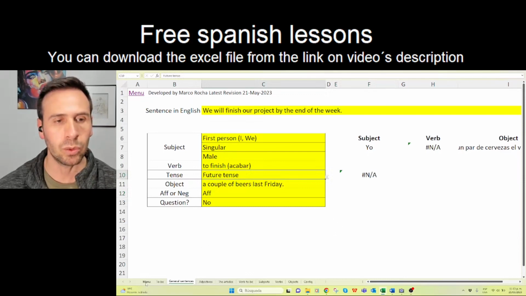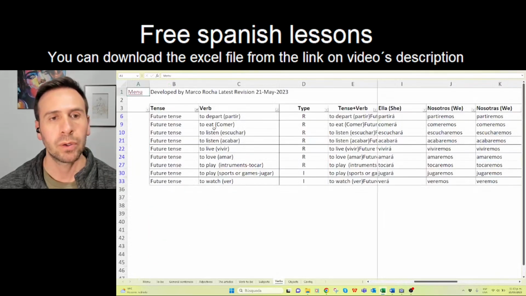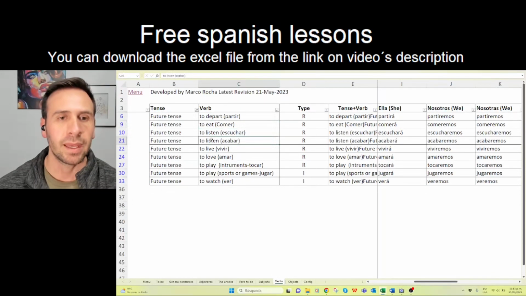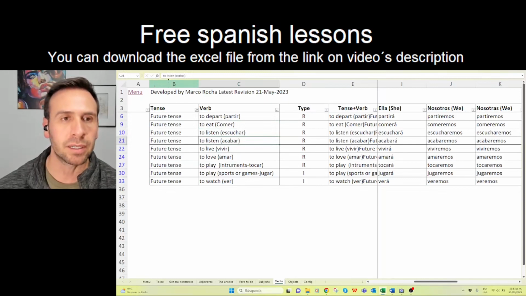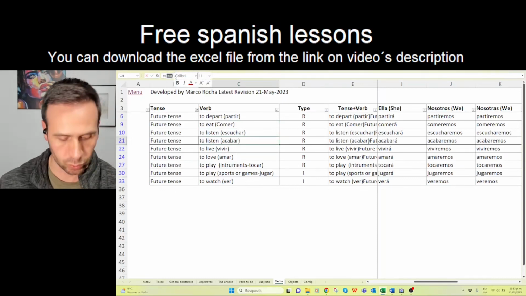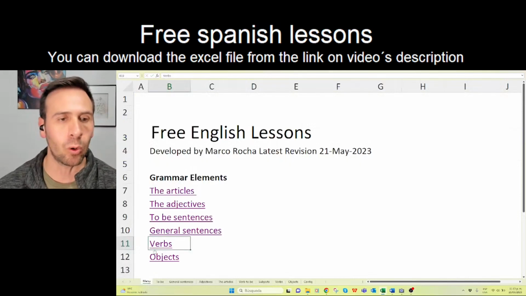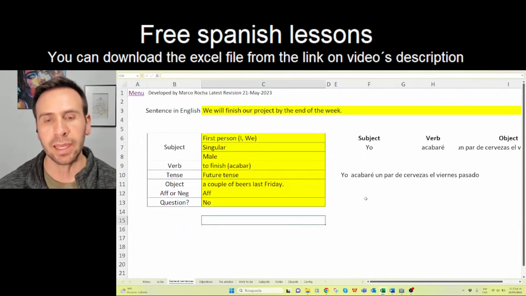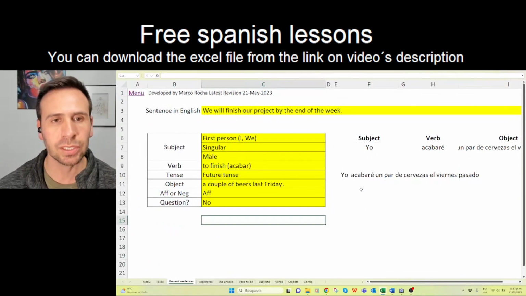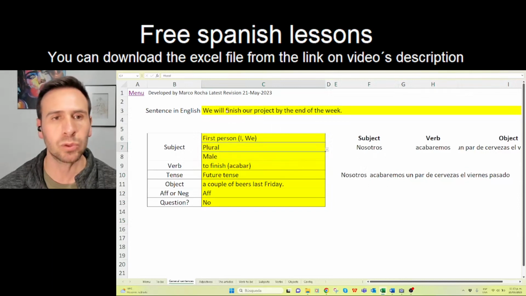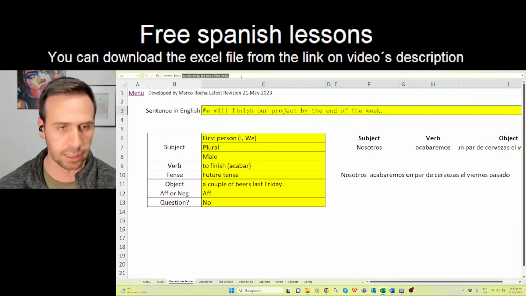Let's go here to menu, verb. Okay, the mistake here is that I didn't change the English part here. To listen, acabar, no. To finish, acabar. Go back to verbs, go back to general sentences, and yo acabaré, I will finish, but it is plural. Nosotros acabaremos, we will finish, and we're going to copy